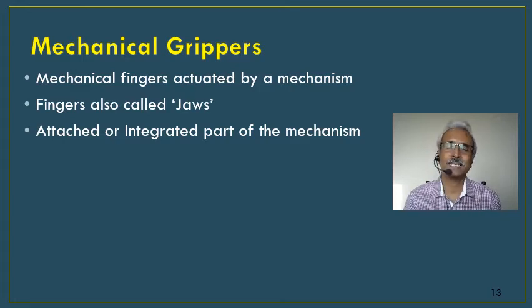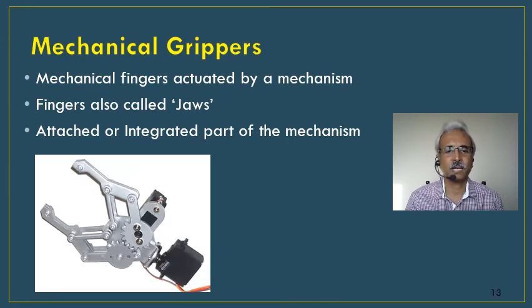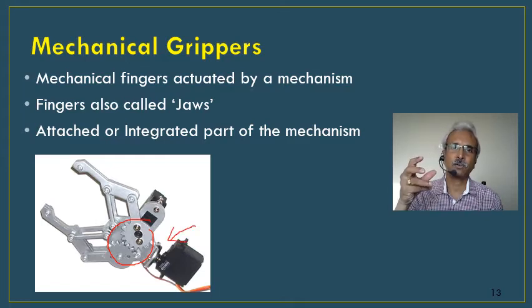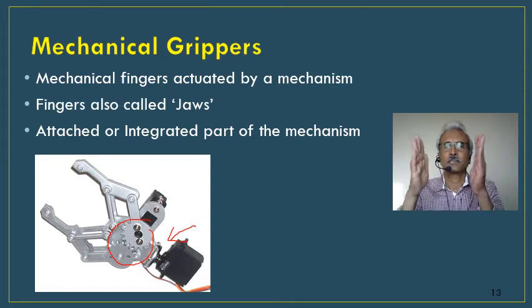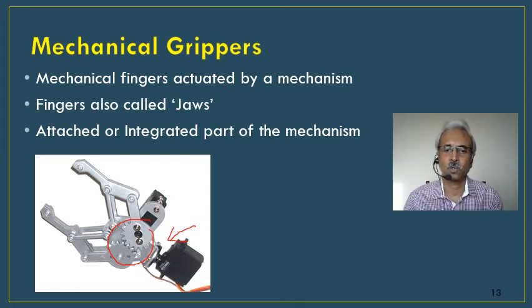So when you are designing a gripper or buying a gripper, you have to ensure that the gripper has detachable fingers. That way, in the long run, you can save on the maintenance cost. So here you can see a mechanism. There are gears here. When these gears are actuated, these fingers will close and open. So how do we actuate these gears? Here you can see this is your motor, and when the motor rotates, the gears function, and thereby the fingers open or close.